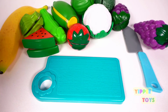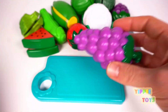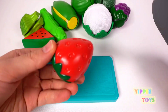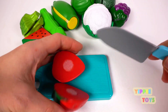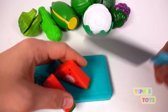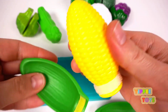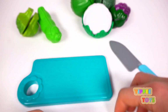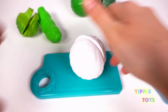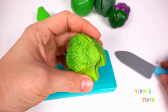How about some fruits and vegetables? Here we have a yellow banana, purple grapes, red strawberry, red and green watermelon slices, yellow corn, white cauliflower, green broccoli,